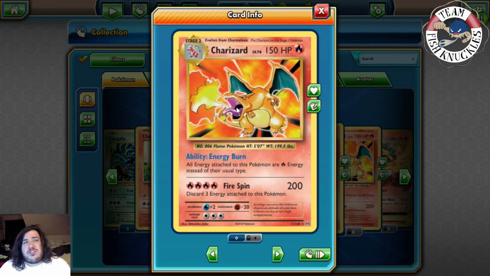I don't know the rulings on double colors. If you double colors, can that count as 2 cards? But then if you discard 3 energy, you have to discard 2 double colors. That's still not very good. So Fire Spin does 200, which almost knocks out everybody in the game, but you have to discard 3 energy attached